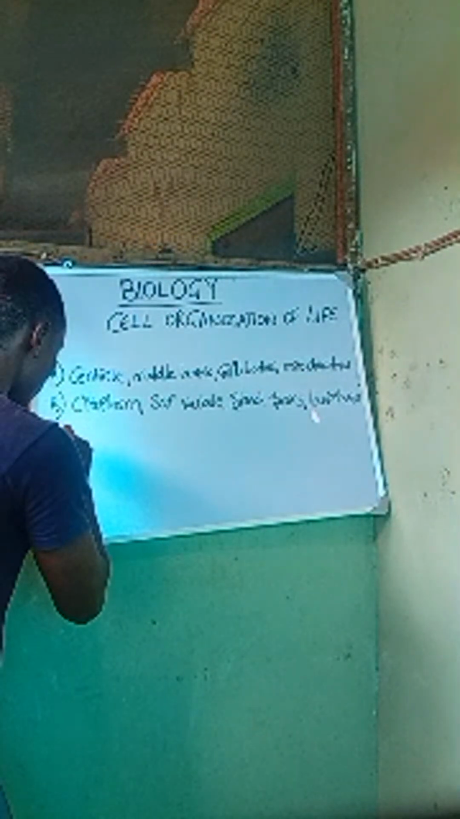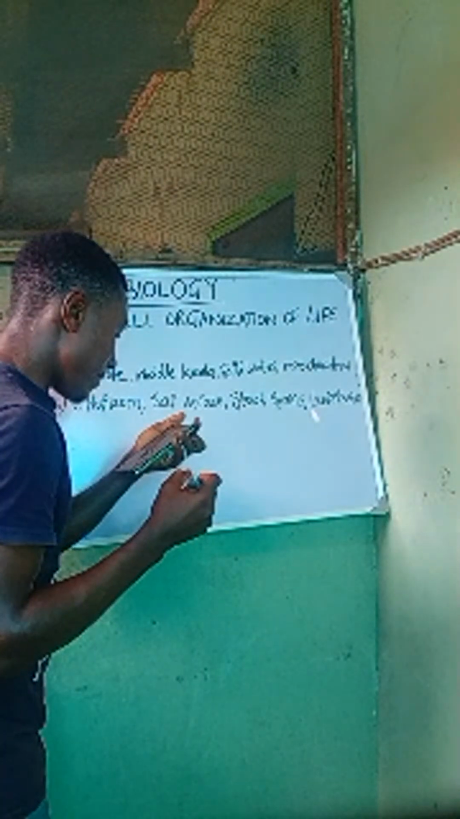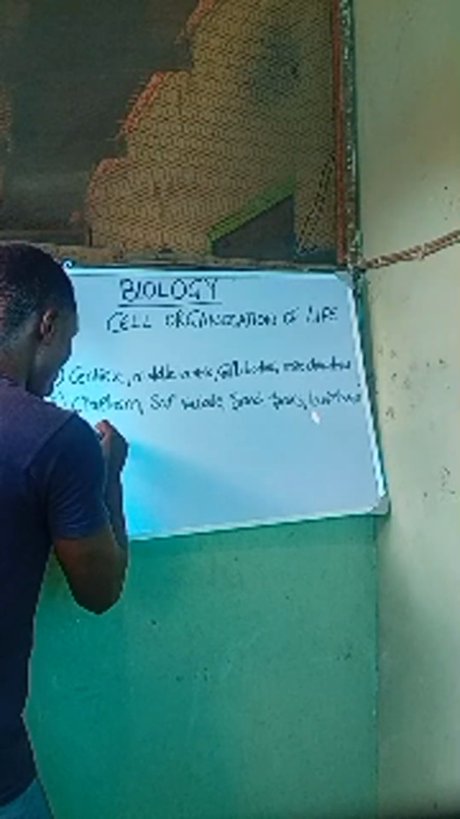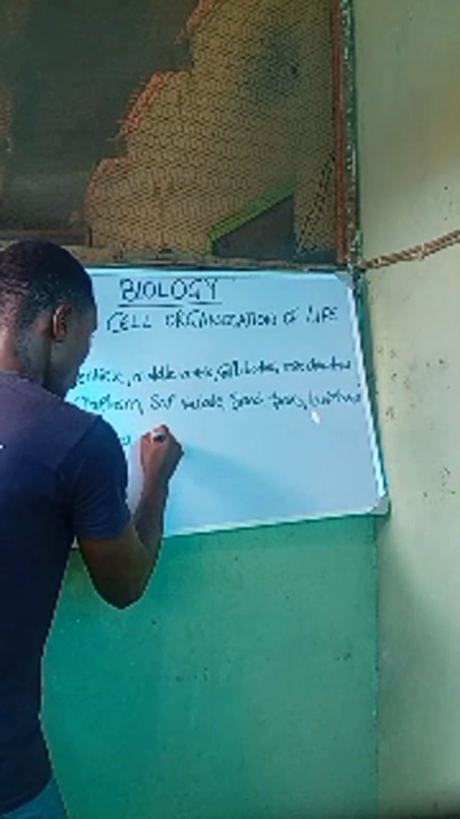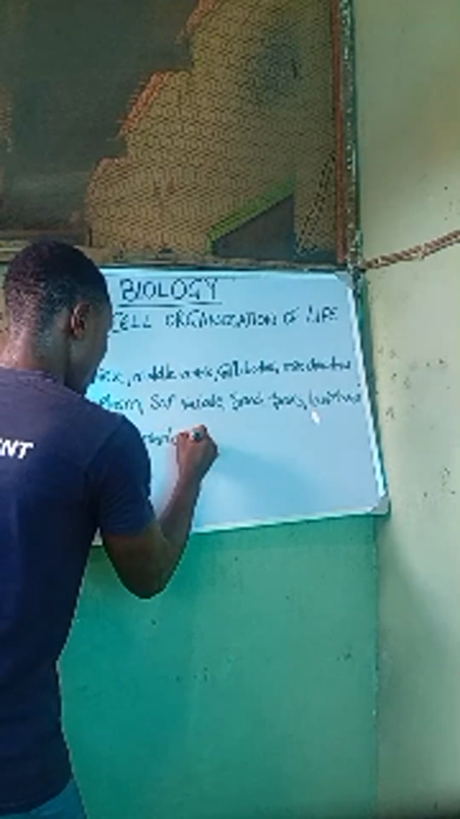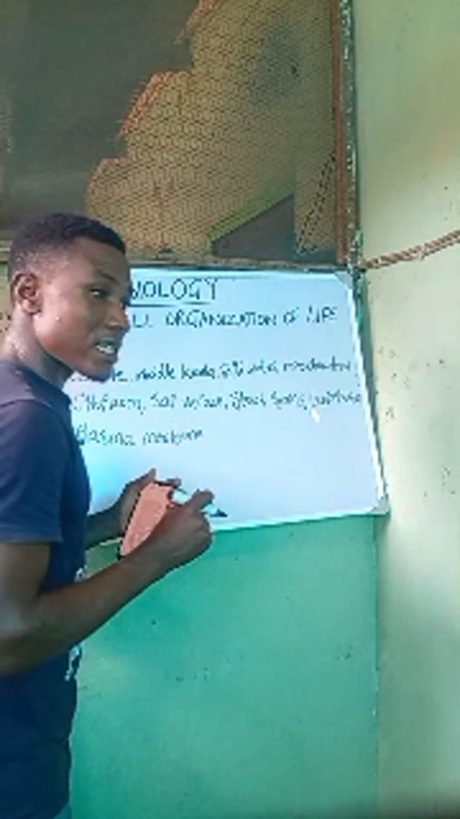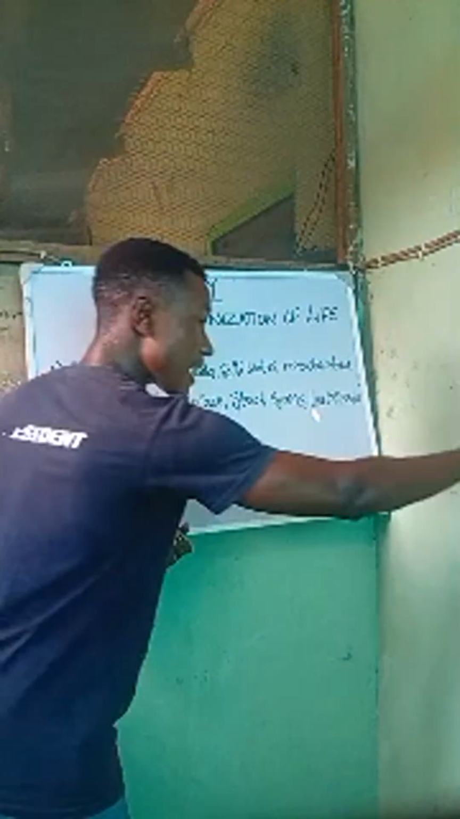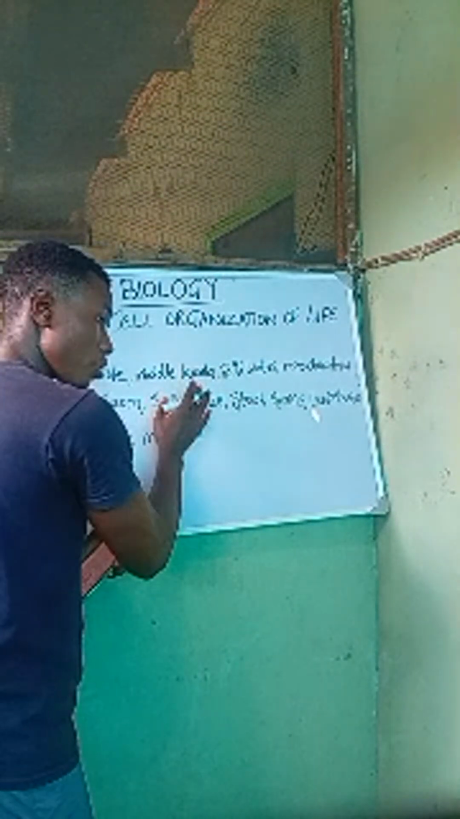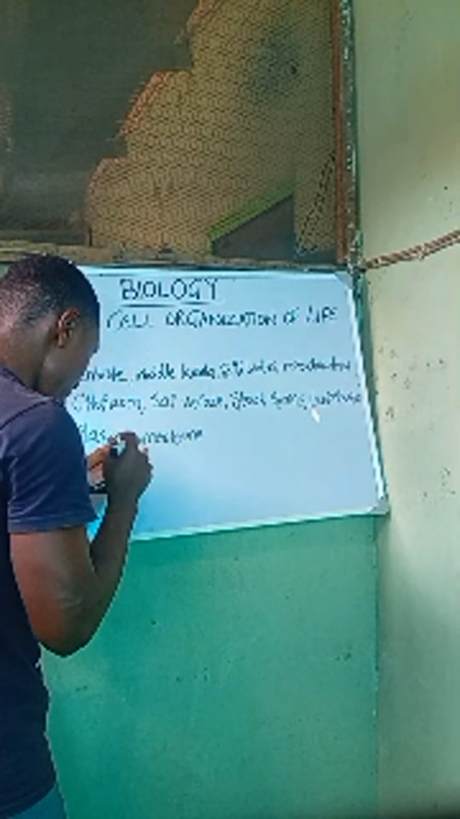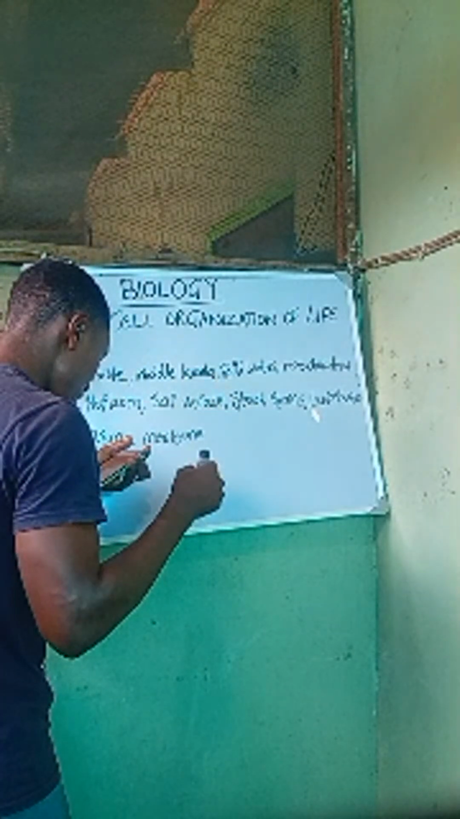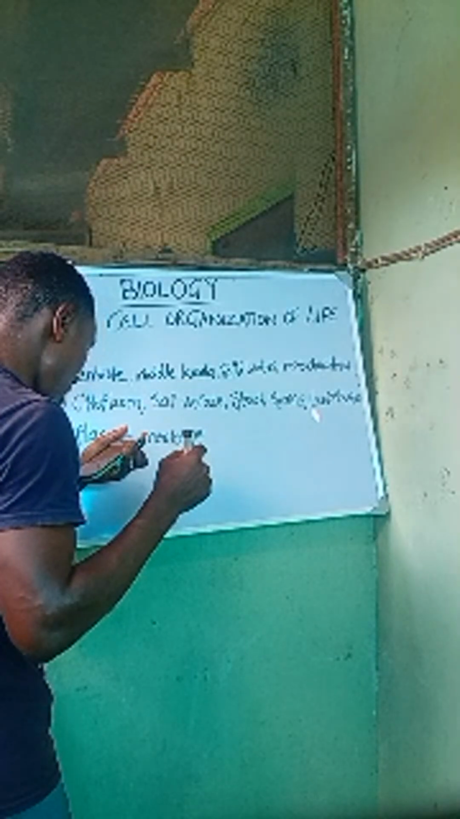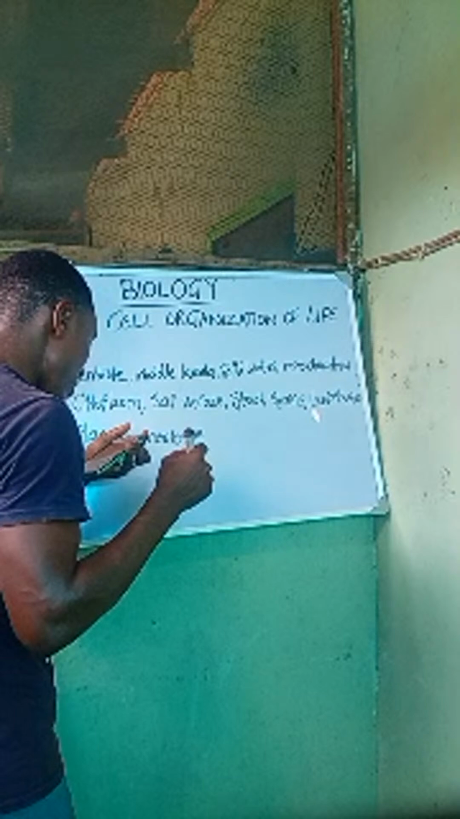C: we have the plasma membrane. What we are looking at is the one that is common to both. Like if I find it in plants, I'm going to find it in animals. You understand? So C, we have the plasma membrane, the chromosomes,